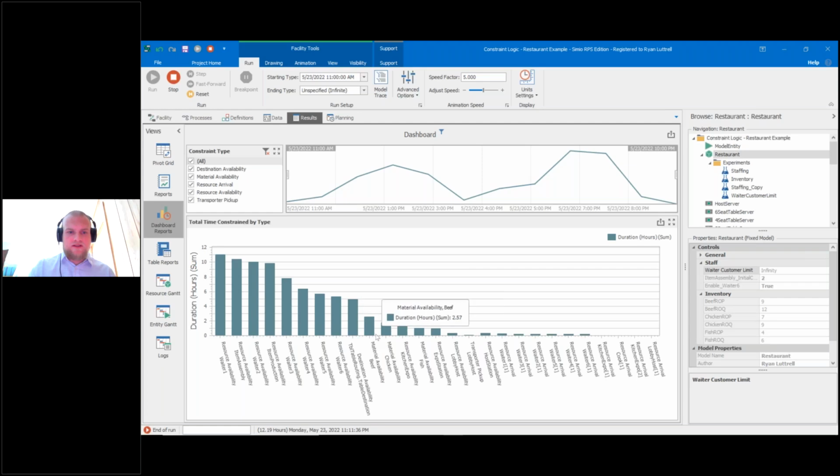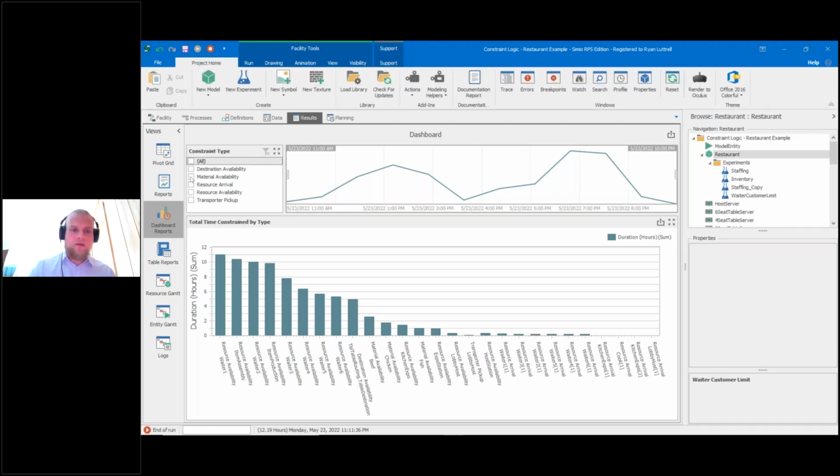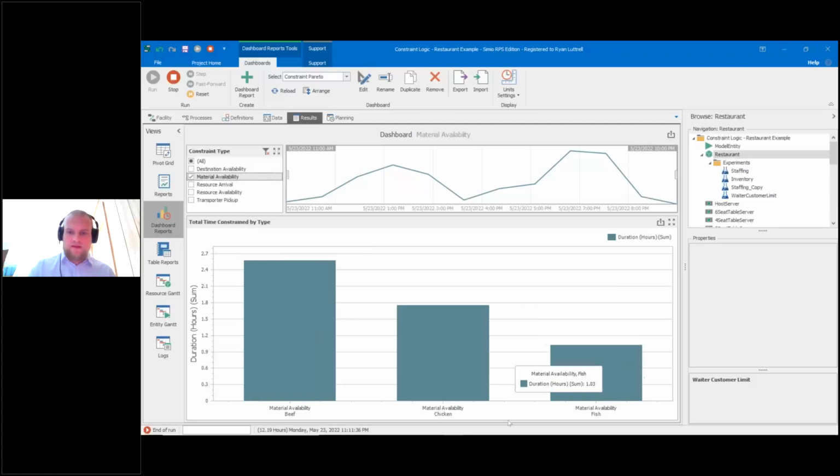And if I look down just past the table destination one here, I see there's an availability of beef, which is one of the materials that I have in the model here. So let me go down to my material availability constraint type and see the impact of the 3. These are the 3 ingredients that I have and how much constraint is being experienced based on having those items available. So maybe now I want to experiment with having different inventory control policies for these ingredients to reduce this availability